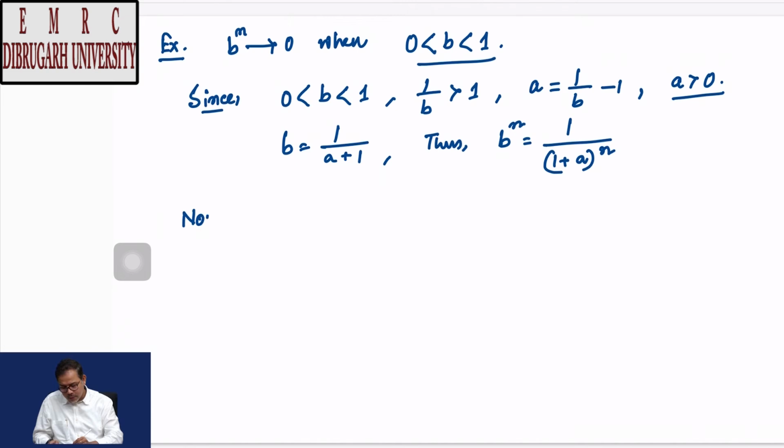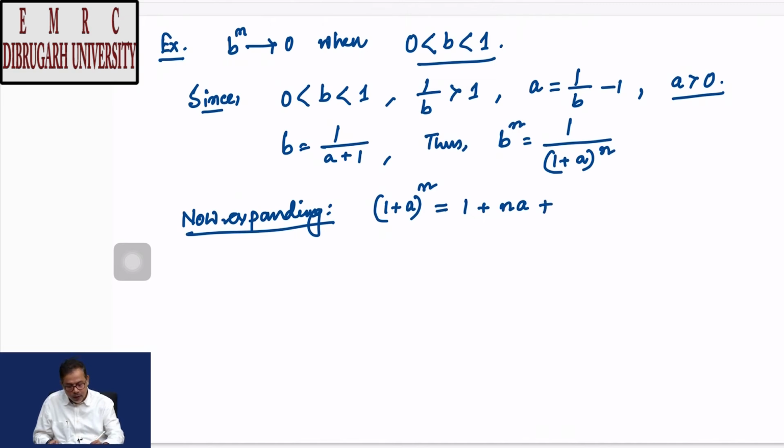Now, expanding this expression, (1 plus a) to the power n is equal to 1 plus n a plus n into (n minus 1) by 2 a square, and so and so forth. This is the binomial expansion. Now, we have the Bernoulli's inequality